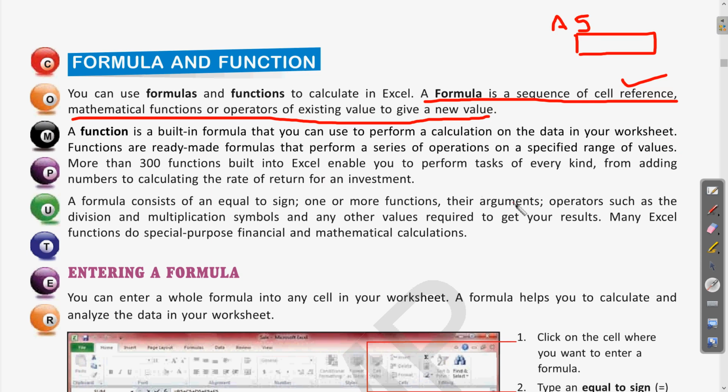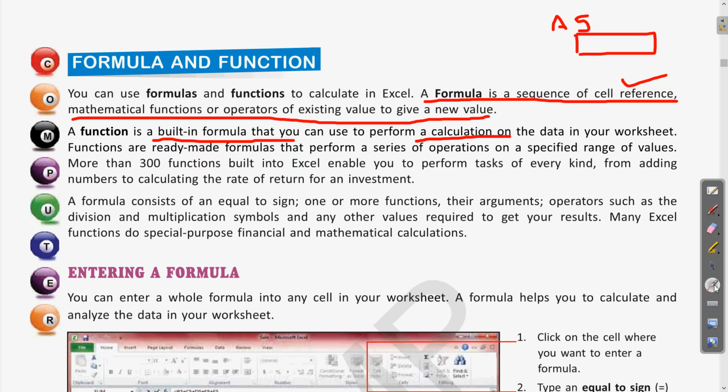Clear? Functions are built-in formulas which are already there and you can use them. They can also be modified, and you can make your own as well. And what is the use of these functions? These functions are used to perform mathematical calculations, clear, on the data which we are using in our worksheet.